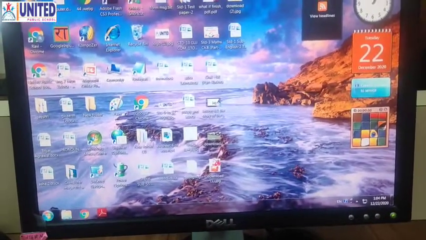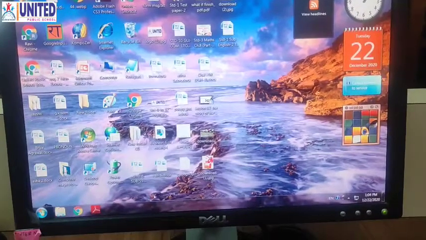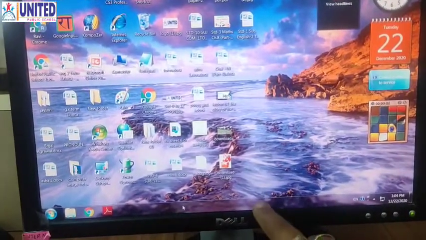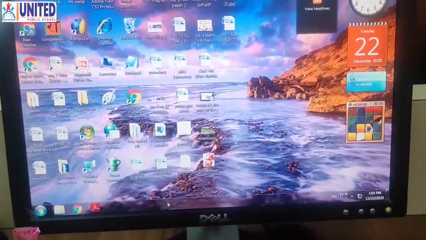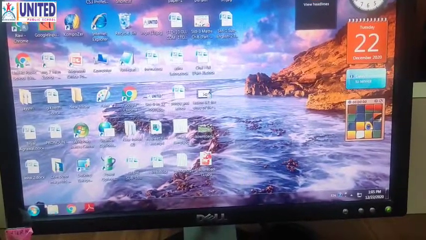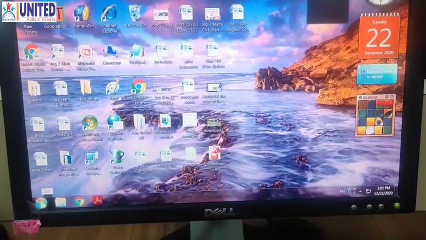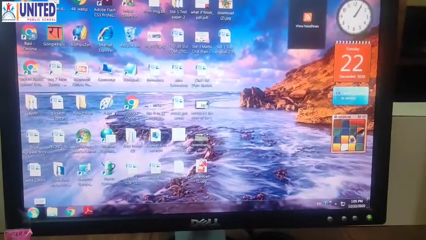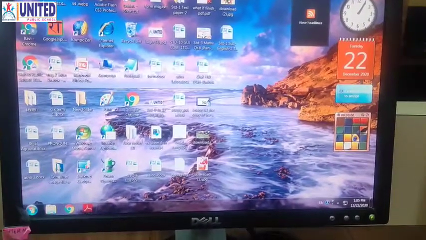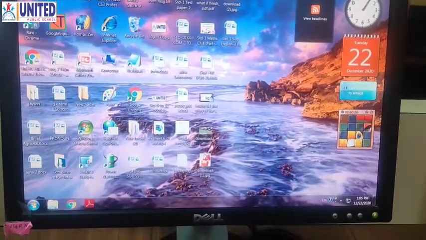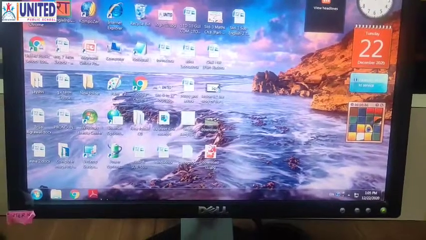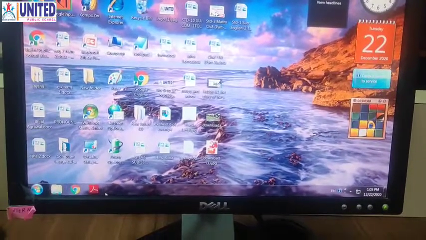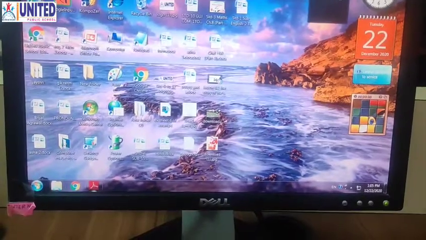And at the bottom of the desktop there is a horizontal bar that we called it as a taskbar. Okay, so now what are the components of the taskbar? See, at the left hand side corner, this is the start button and you can see the small programs here. So this is the quick launch bar. The shortcuts of the programs are given.